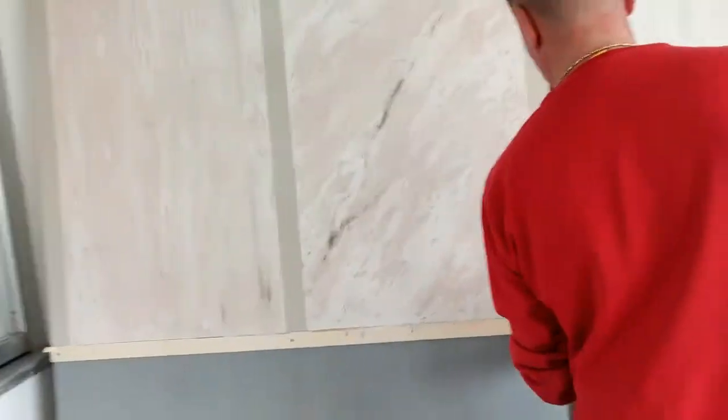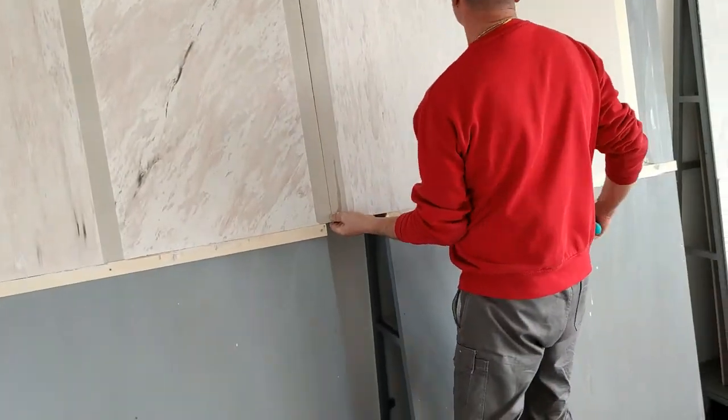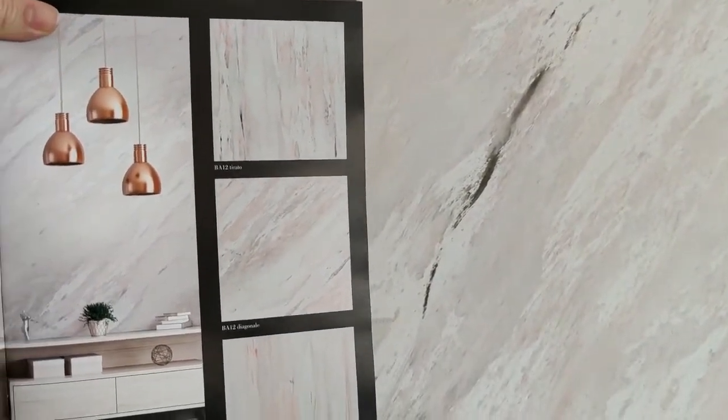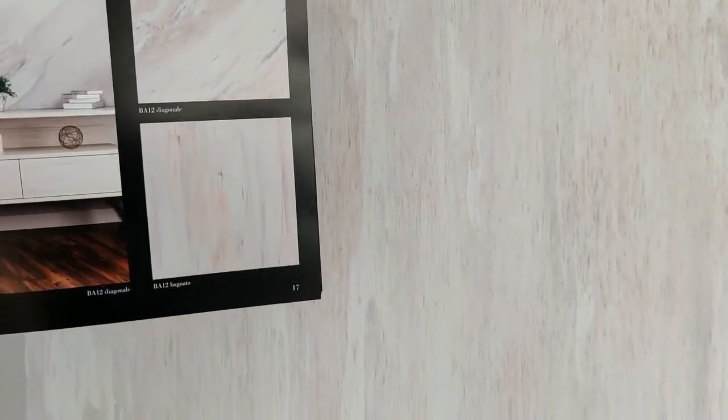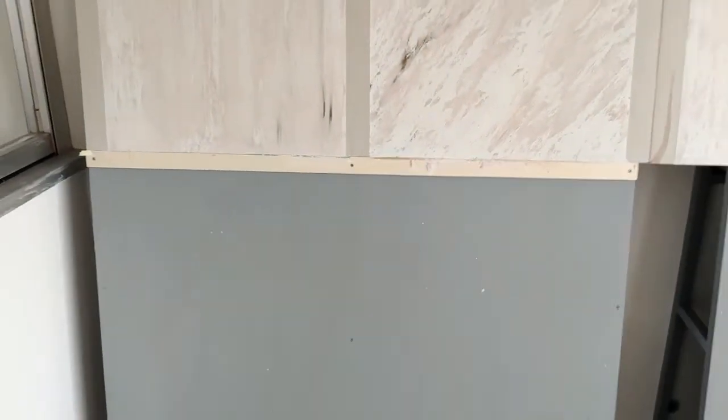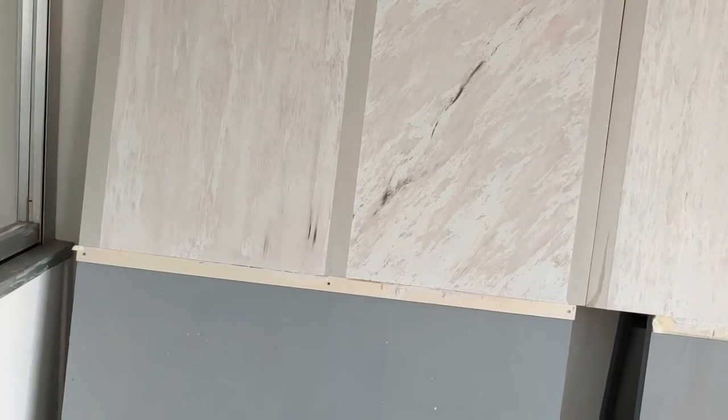Okay, so let's check. So as you can see, this is the tirato effect. This is the diagonal effect, and here you get the bagnato effect. Obviously, each time it will look a little different. Then it depends also on the light. It depends on the peculiar